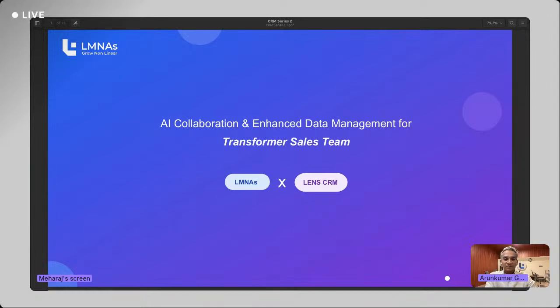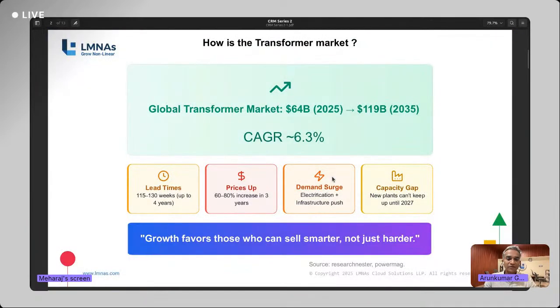With that, let's also summarize what we had seen in the last session, and also see what we will cover for today. From a slide standpoint, I'll tell you the different things we will cover today, and I'll summarize what we had seen in the last session about how the data is getting collected and the workflow is managed using our Lens CRM platform.